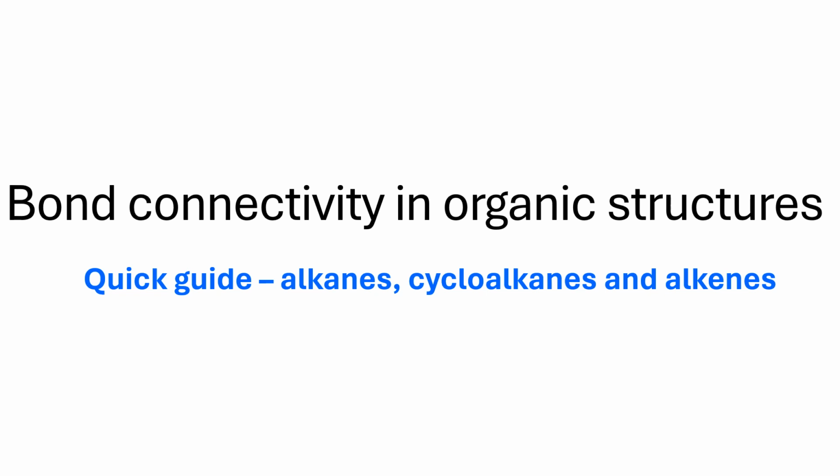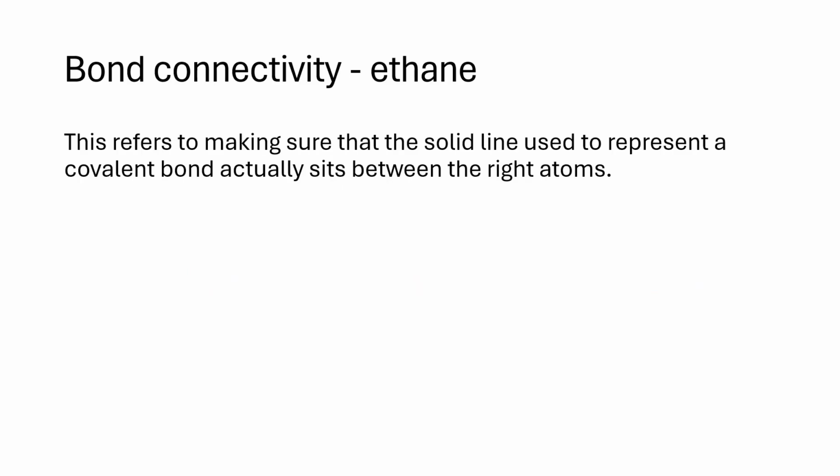Hello and welcome to this quick look at bond connectivity in organic structures. It's just a quick guide really, so I'll stick to alkanes, cycloalkanes and alkenes. This refers to making sure that the solid line used to represent a covalent bond actually sits between the right